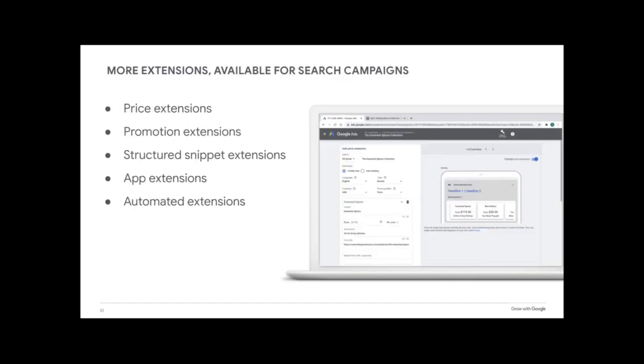If you're creating a search campaign in expert mode, you can add more extensions: price extensions, promotion extensions, structured snippet extensions, app extensions, automated extensions. Just so you know, in this class, because it's basics, I'm not going to go into those. If you have questions about them, you'll get an email after. You can write to me and you can ask. I'm also going to share some resources with you so you can learn more about Google Ads in expert mode. But just for the sake of the class, I'm not going to go into these and won't be answering questions